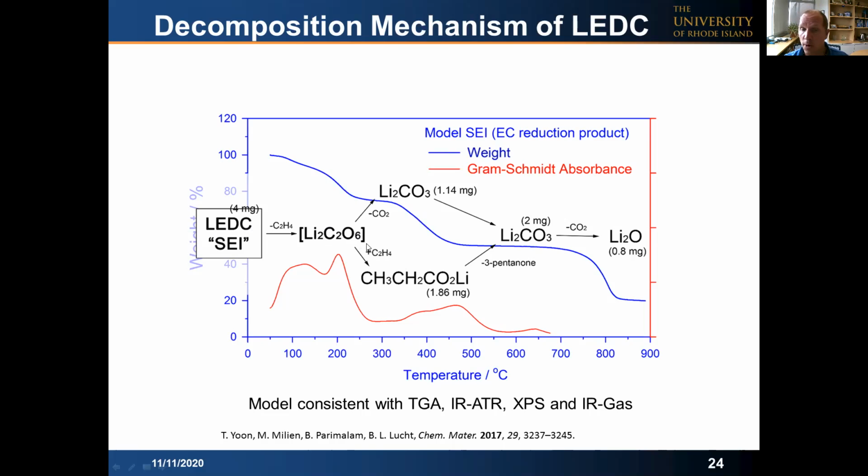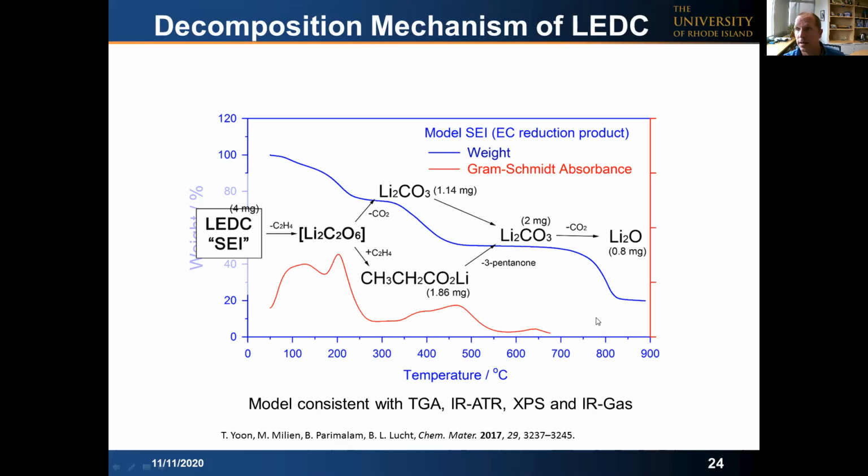Secondly, we can do an addition reaction of ethylene into the lithium peroxycarbonate to generate this lithium carboxylate species, which, as you can see, has a new carbon-carbon bond. The lithium carboxylate species can decompose via evolution of 3-pentanone to generate lithium carbonate. And then finally, at very, very high temperatures, the lithium carbonate decomposes via a known mechanism of evolving CO2 to